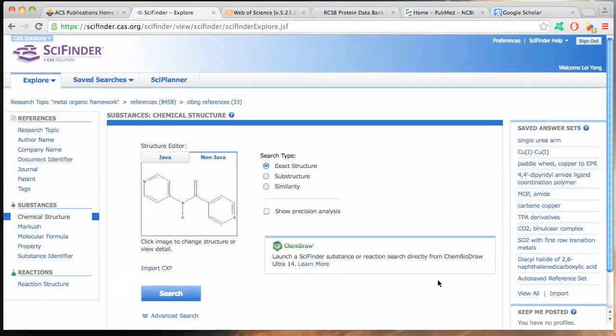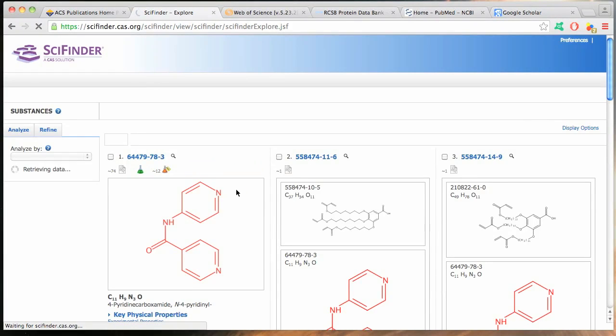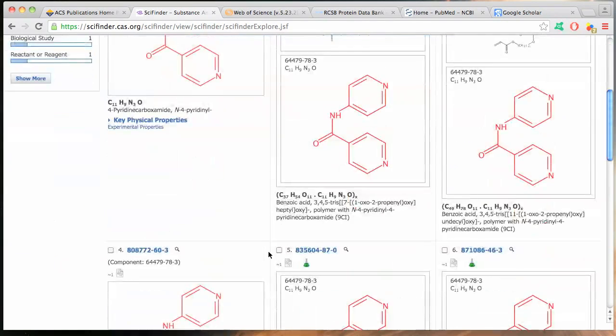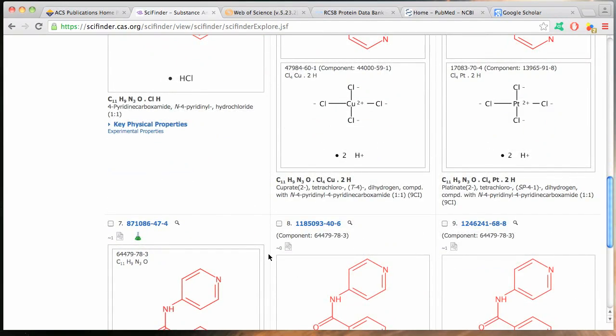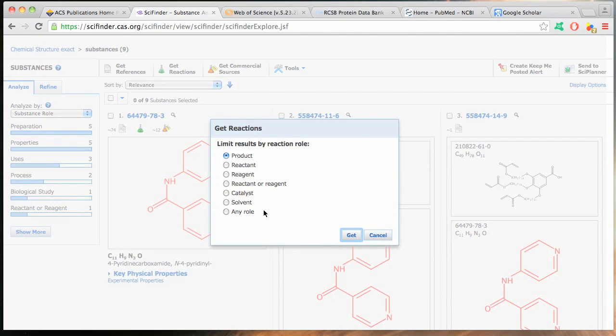You just search that again. Click the search, and then you will see that the first hit most likely would be the one that you want. Sometimes you do have to go further to find the molecule you want, but here it looks like this is what I have. This flask with red color tells you that some companies are selling this chemical, and this green flask tells us the synthetic